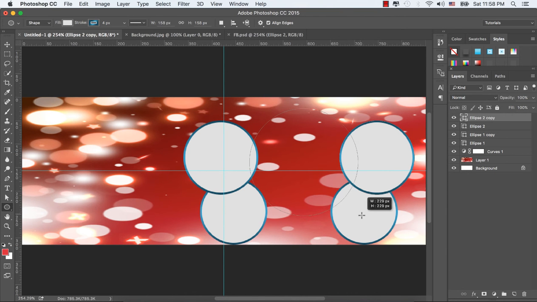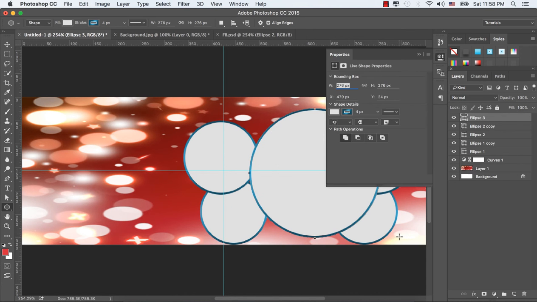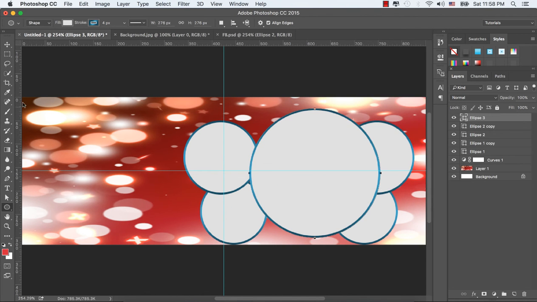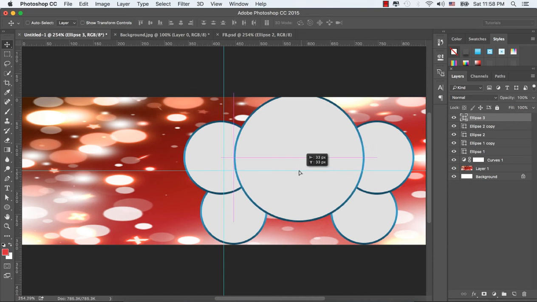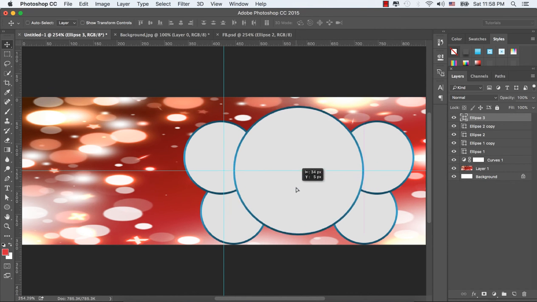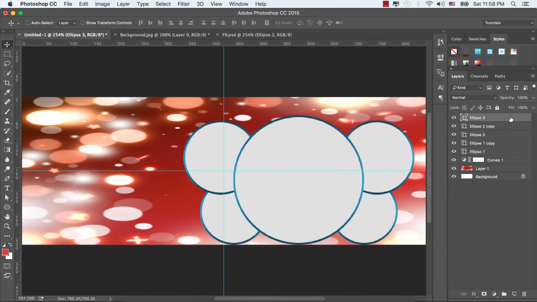Now let's again select the ellipse tool from the toolbar and drag a bigger shape, bigger than before, this round shape. And this would be in the layer panel the ellipse 3.